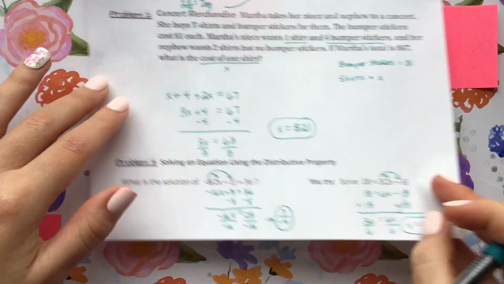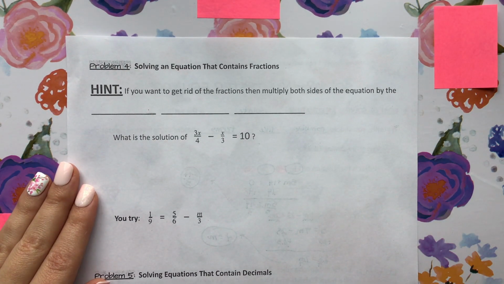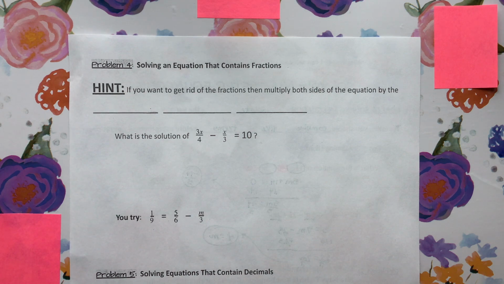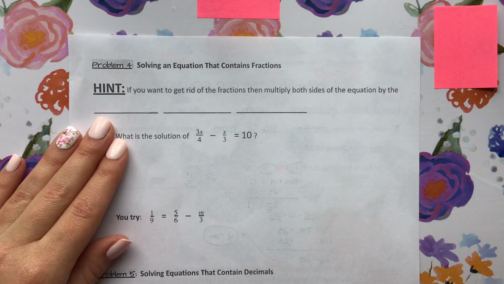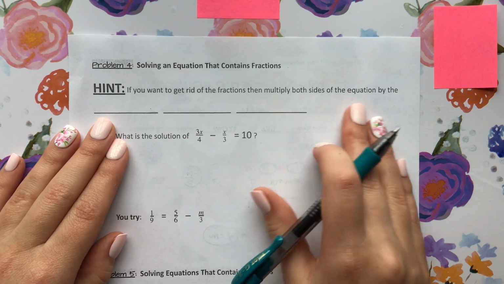Okay, moving on with these examples. What if your original problem has fractions in it? I know, your worst nightmare. It's okay, we have a strategy to get rid of the fractions in the whole problem if you desire. There is more than one way to do this, like most problems. I'm going to show you the strategy of how to get rid of the fractions, but you don't technically have to, okay? So it says, if you want to get rid of the fractions, then multiply both sides of the